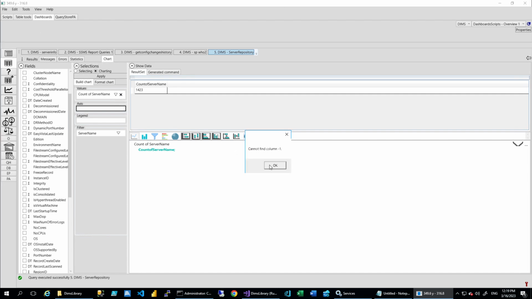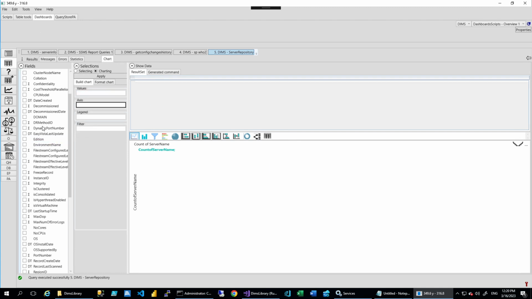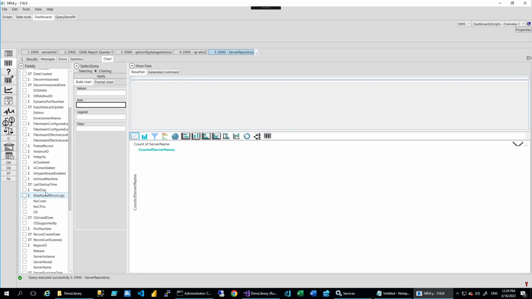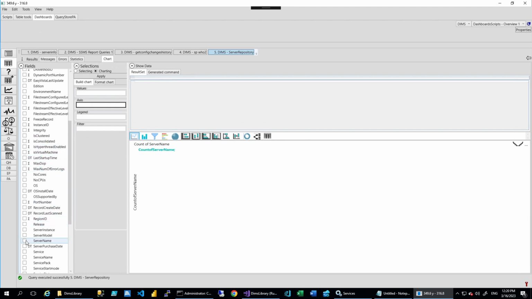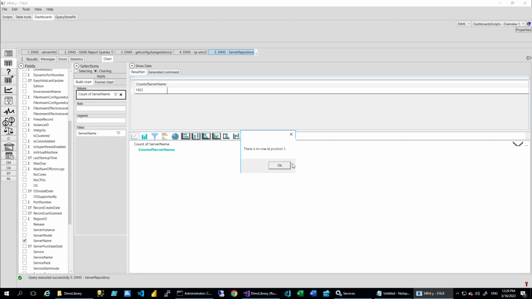I will just try to start with a clean state, and let me count server name. Count server name. Server name. I will drag and drop it to values. There is no row at position. Cannot find column -1. There is something